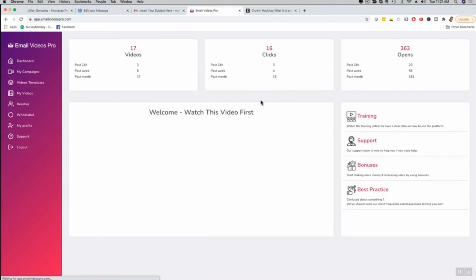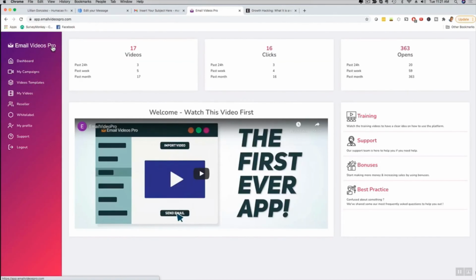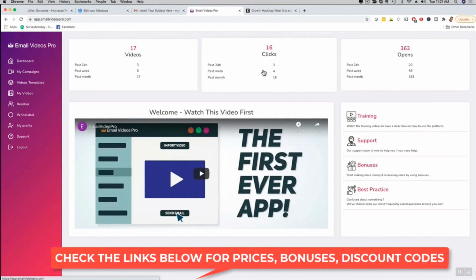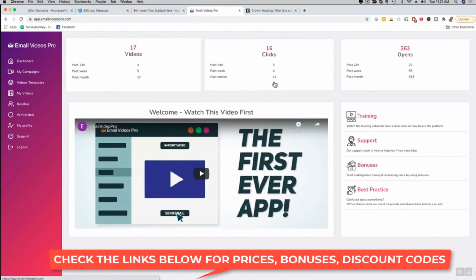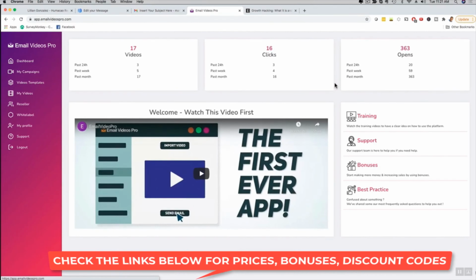Now, this was a quick demo of Email Videos Pro. You're going to be the one to promote this as a really first-to-market solution right here. And of course, we are still editing the software a lot. So, you know, if you're logging in, you're going to see the dashboard might look a little bit different. We're adding more features, and we're getting amazing feedback also from our beta users that are giving us ideas for even more features, right? But I'm going to